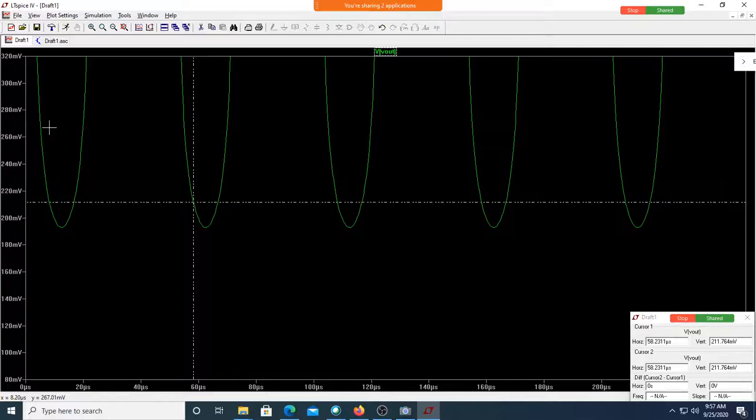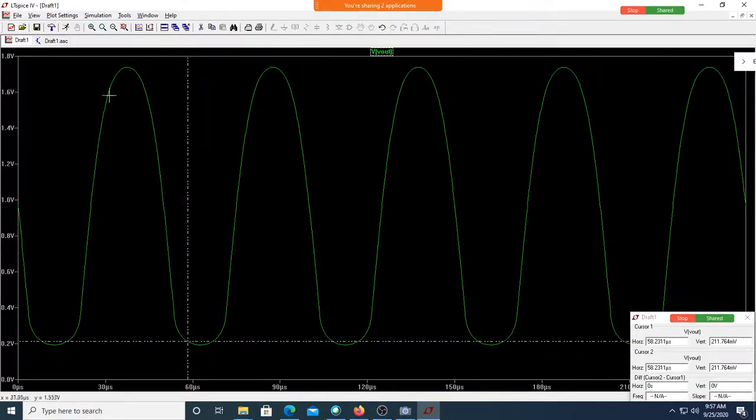Because how did you get the expression of AV equal to minus Gm into RD? Considering the MOSFET in saturation, we derived that expression of AV equal to minus Gm into RD. Am I correct? Yes, sir. Since the MOSFET doesn't remain in saturation for the entire cycle, we have to ensure that for the entire cycle of the waveform, the MOSFET should be in saturation region. Then only the gain will hold.